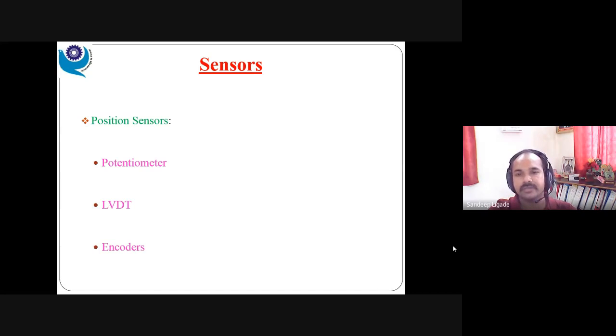In mechatronics, we are moving to the second point, that is sensors. So first point, that is a position sensor. A position sensor facilitates mechanical position, which may indicate your absolute position, it's nothing but location, or relative position, which is nothing but displacement in terms of linear travel, rotational angle, or 3D combination. Whatever your displacement or position is, that can be sensed by the sensor,